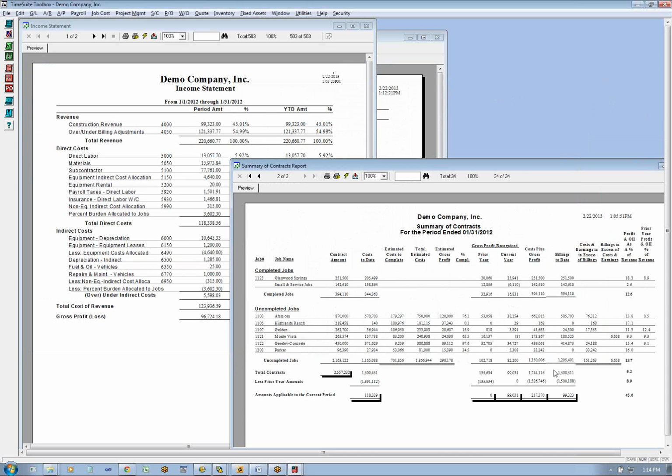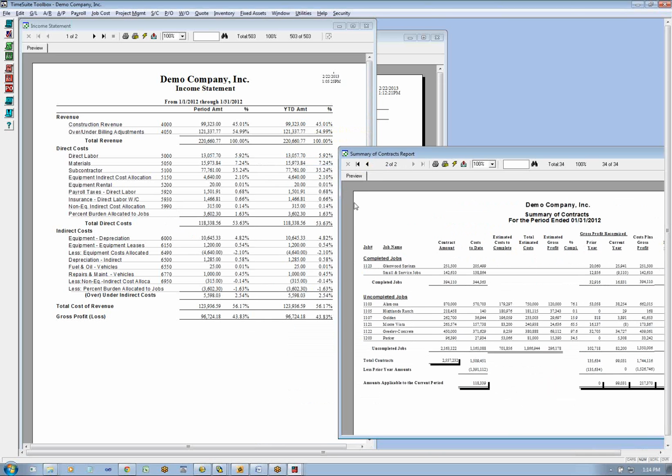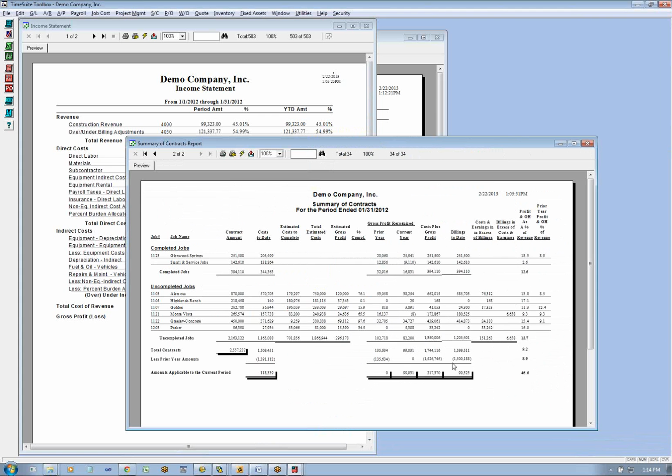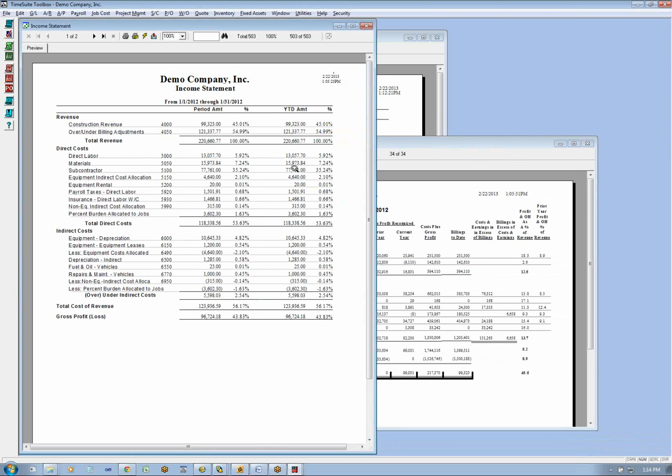So anyway, the over-under billings are substantiated here and tied into your income statement with your total revenue and total cost. And the significance is when you do a full summary of contracts, not just the over-under billings, you tie to the income statement. If you just do an open job schedule, which is what most of our competitors have you do, unless you do it in Excel, it doesn't really tie to the income statement, so you really don't know if you tie in or how accurate it is. You could be off and not know it.